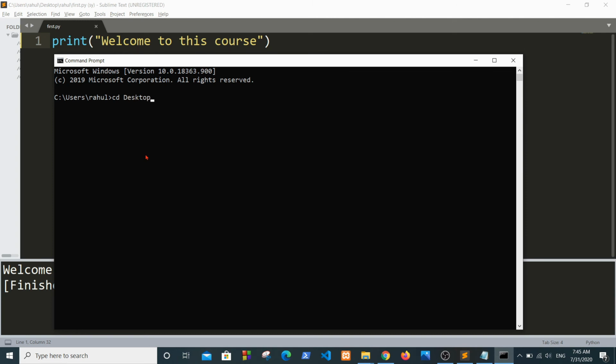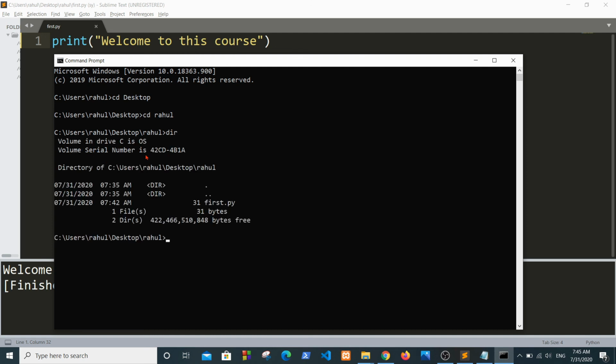The cd is a command that means change the directory. Just enter cd desktop. If you want to show the list of files present in the current directory, just type the dir command.